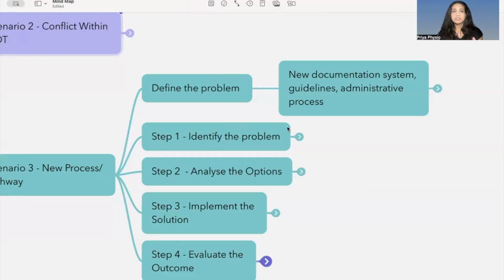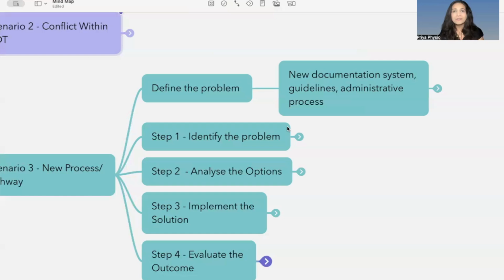If a service undergoes a change, service improvement, or if there's a new process, you have to understand that it has several aspects to it. Sometimes it affects patients and clinical care. Sometimes it doesn't affect it at all. All that changes is your documentation. For example, if you have been long enough in physiotherapy in the UK, you would understand when there was a switch from paper or handheld notes to